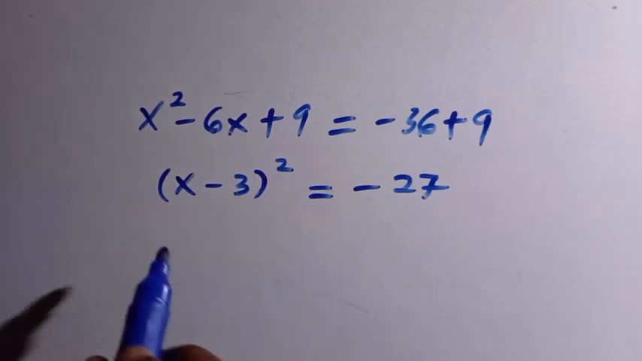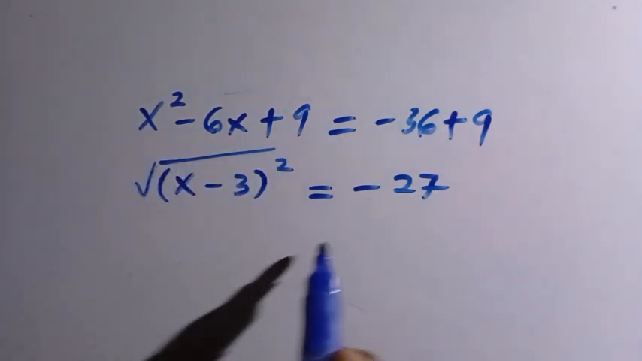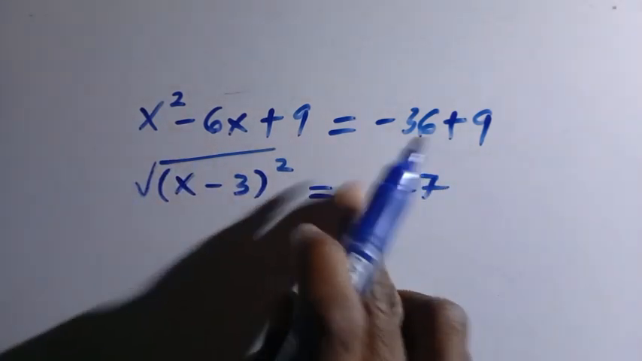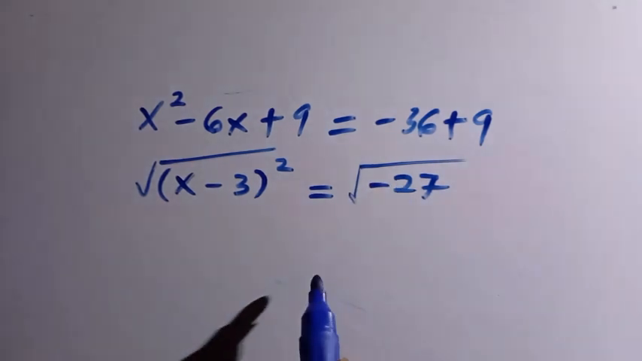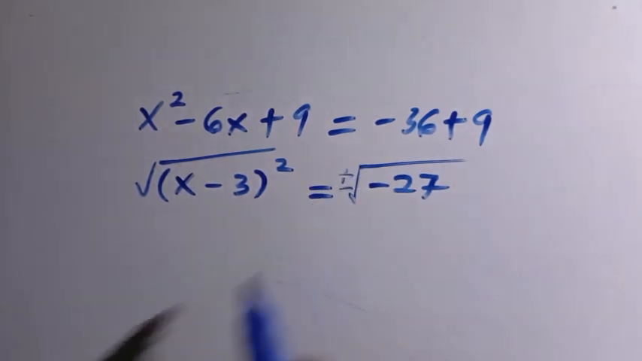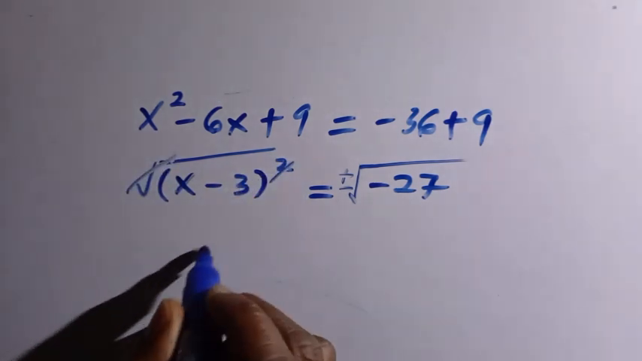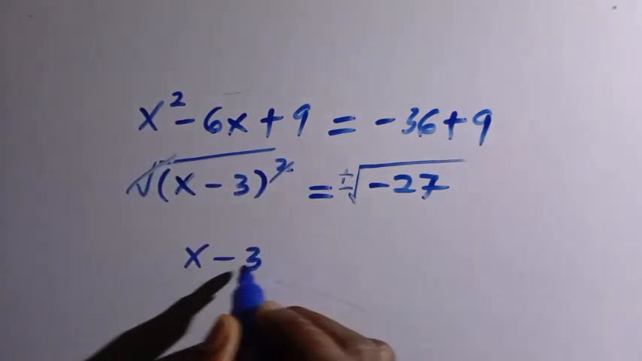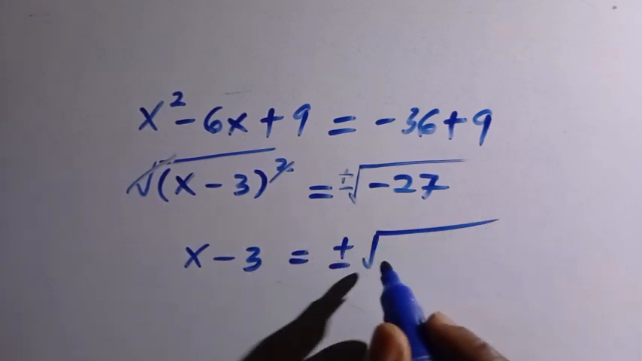Then let's take the square root of both sides. So by taking the square root of both sides, we take the square root of this one as well. The square root of this is negative. So when we introduce the square root here, we put plus and minus. Then this and this cancelled. So here we have x minus 3 equals plus or minus the square root of